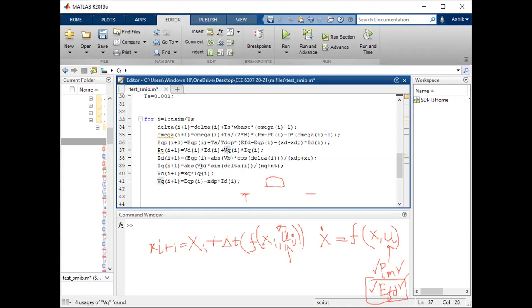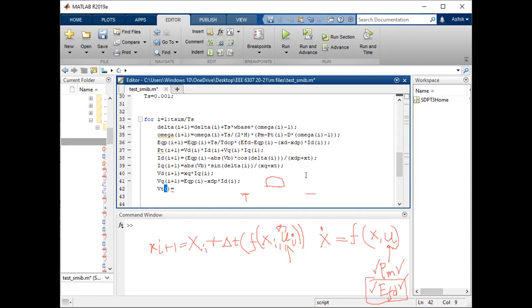So VQ, IQ, VD, ID, all are done. So PT is done. Anything else left? Okay, ID was left in the expression of EQ prime. ID was one of the state, algebraic variables. So ID is now again already expressed in terms of the state variables. So that is done. And now we can also calculate, if we want, the magnitude of VT